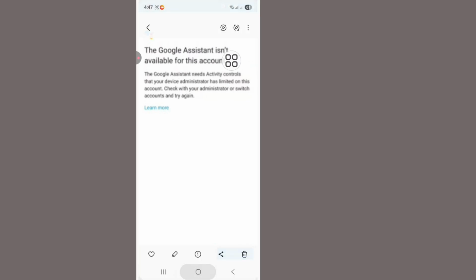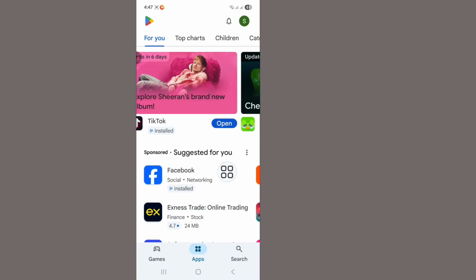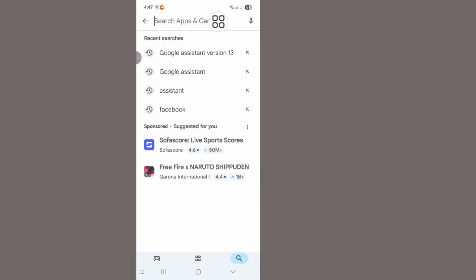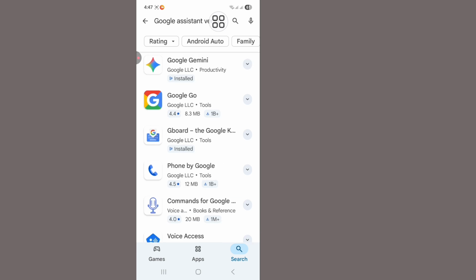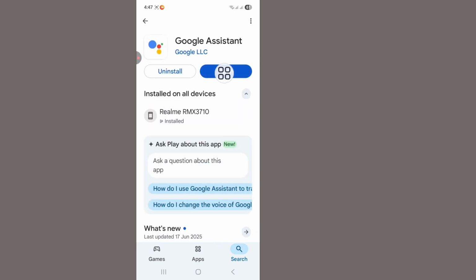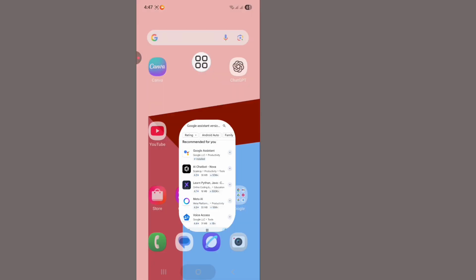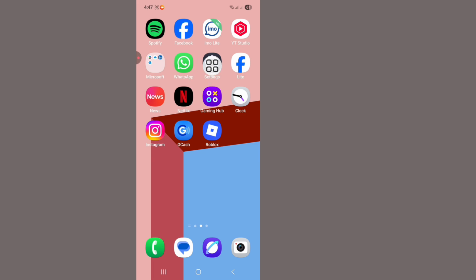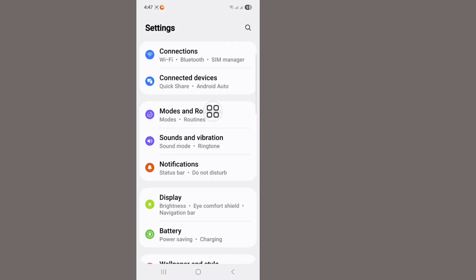To solve this problem, first open your Google Play Store app and now search here for Google Assistant and click on the Google Assistant and check for an update for your Google Assistant. My Google Assistant app is already updated. Okay, back. Second step, go to your phone settings and scroll down,